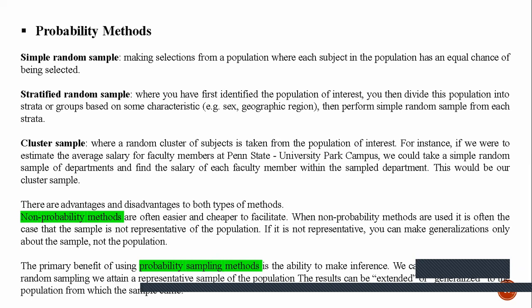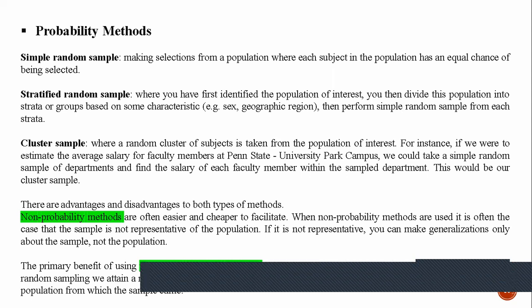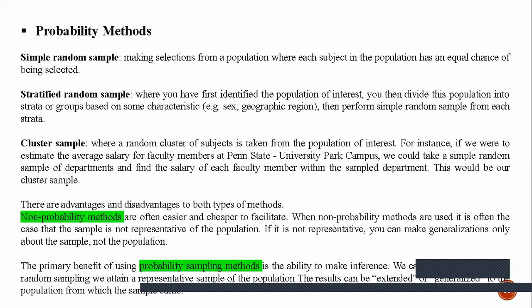And for the third one, we have the last one called cluster sample. For this cluster sample, a random cluster of subjects is taken from the population of interest. For instance, if we were to estimate the average salary of faculty members at Penn State University Park campus, we could take a simple random sample of departments and then find the salary of each faculty member